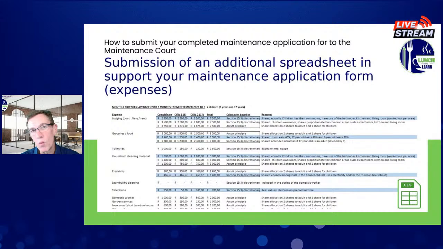I also look, if I need to go to court and I look at the application form and I see it is filled in with 500 Rand for this, 500 Rand for lodging, 300 Rand or 800 Rand or 2,000 Rand on the dot for food, and 500 Rand for fuel, and 200 Rand on the dot, then I take some caution, because then it tells me that there was not much thought process in establishing those figures, and it might have been a thumbsuck at the end of the day to get to those figures,